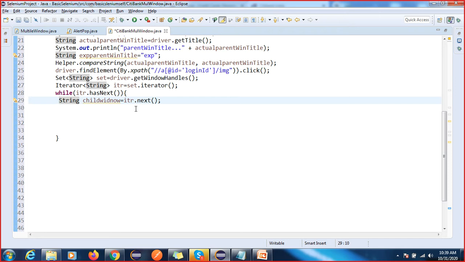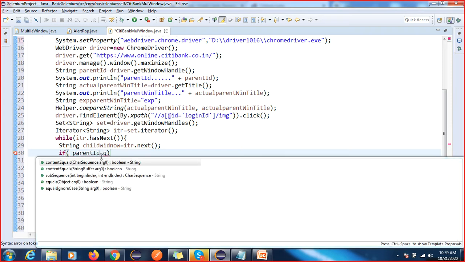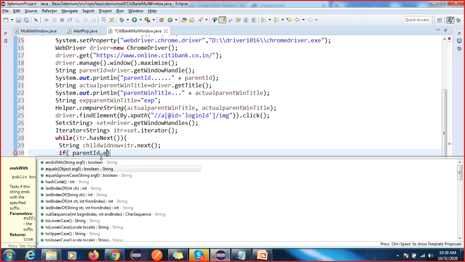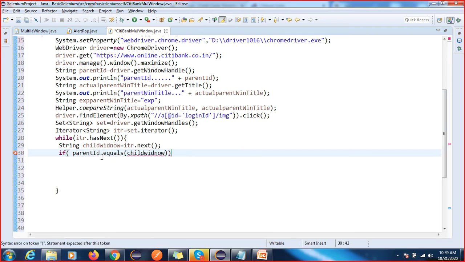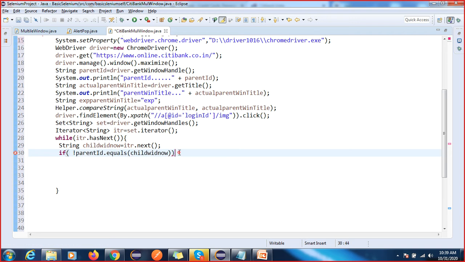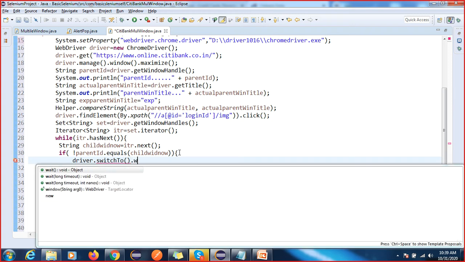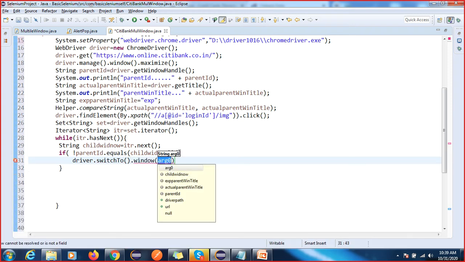Okay, so now what I can do here, if the parent window id, this is your parent window, right? Again we can give the same condition, dot equals, and this is your child window, not equal to, then we can switch, driver dot switch to dot window, inside this window, then child window.